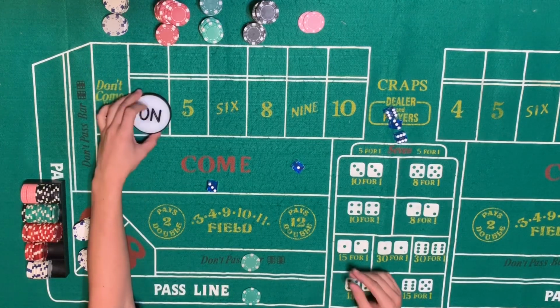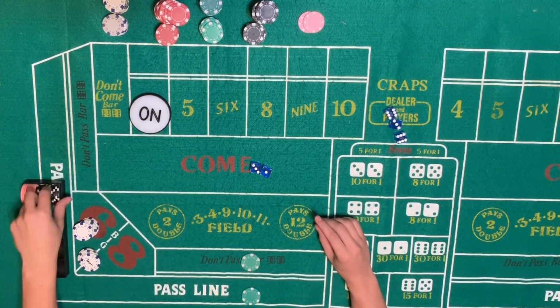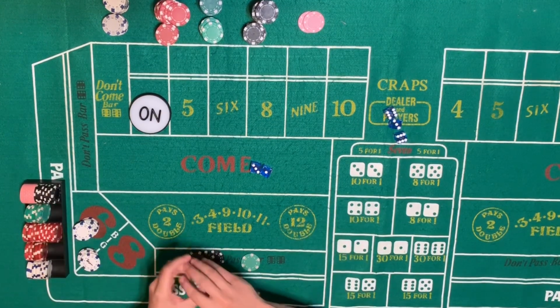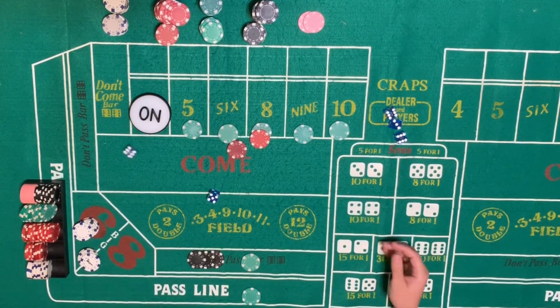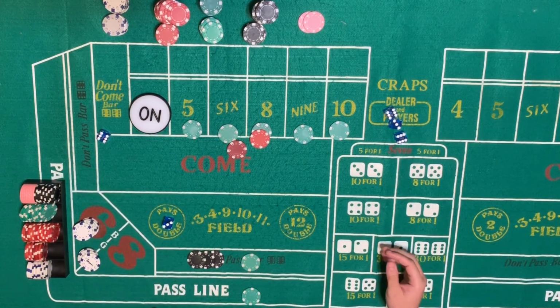4, look at that. All right, 300. And 25 across, 30 on the 6 and 8. 11 does nothing. 9,